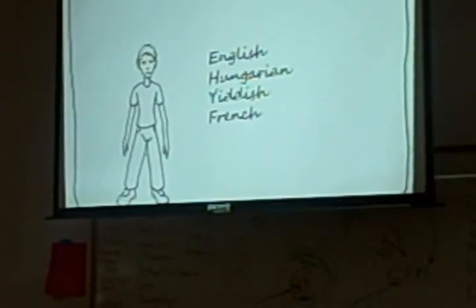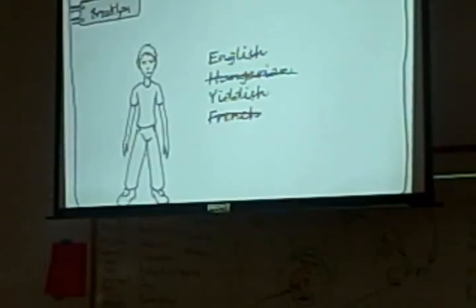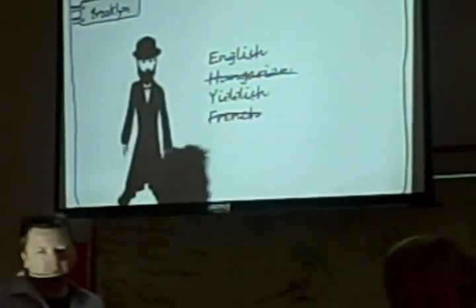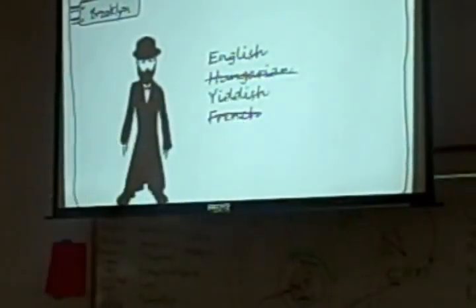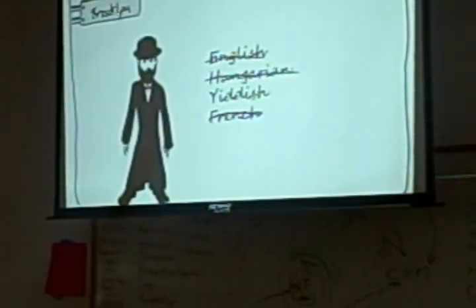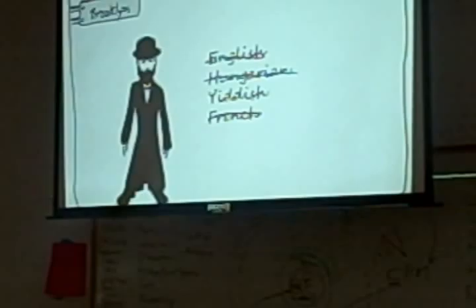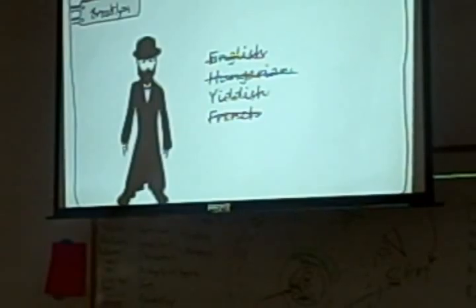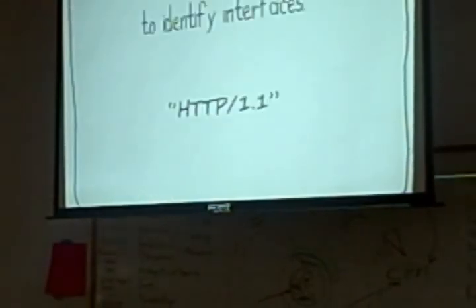But now you have to choose the best interface. You can have multiple languages, so you'll use patterns and context to help you choose. So here we now have a context. We've seen the person, we're in Brooklyn, so okay, that's going to probably eliminate French and Hungarian as natural choices for interfaces. And the person is wearing some pretty distinct clothing, which will allow us to further optimize the interface we choose. So we're using patterns, the clothing, and the fact that it's the shape of a person, and we're in the location to have context.